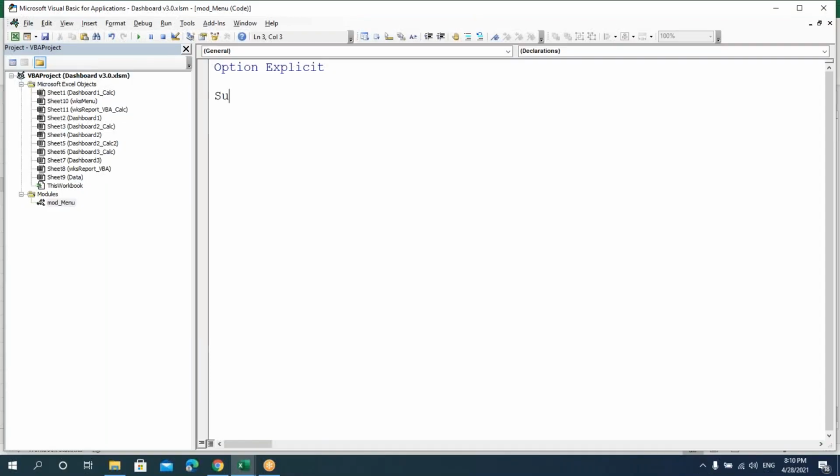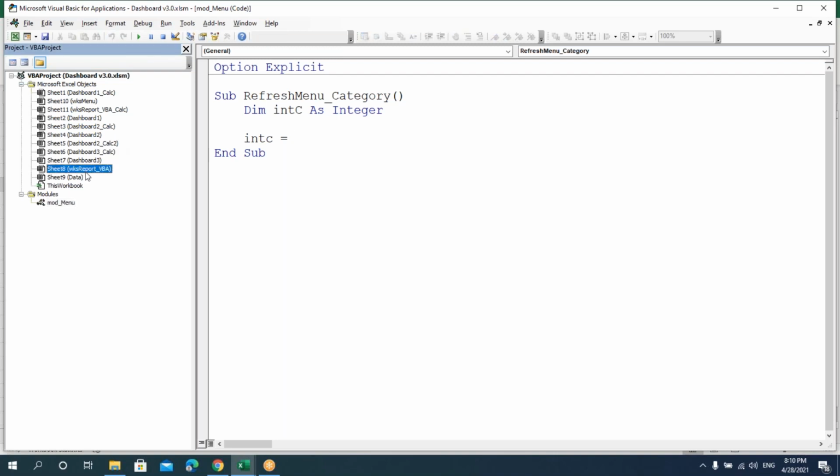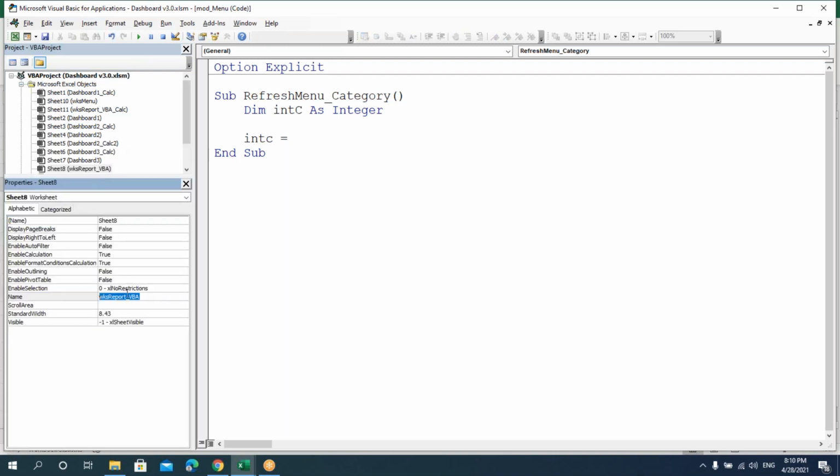Let's go to our VBA. Say sub refresh menu category. We'll take the count intc as integer. So intc equals. We'll rename this sheet. And then we'll also rename the menu sheet.